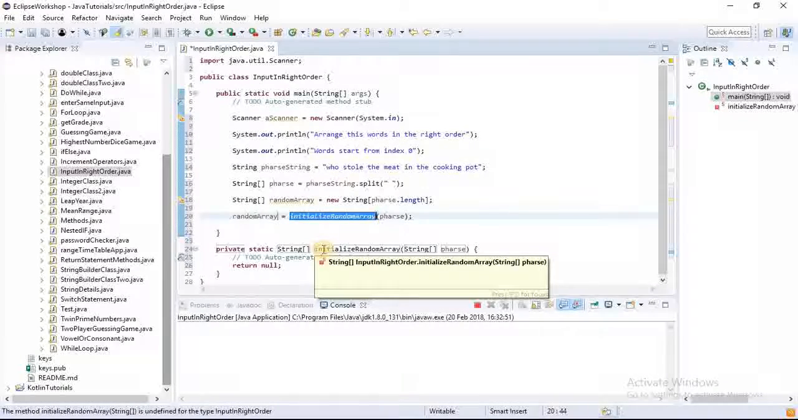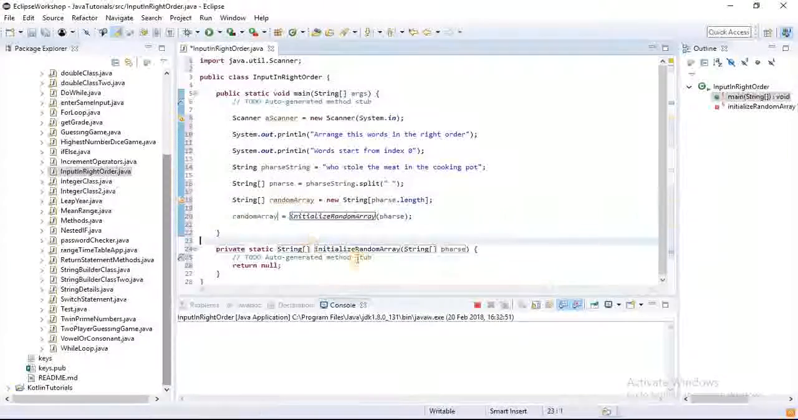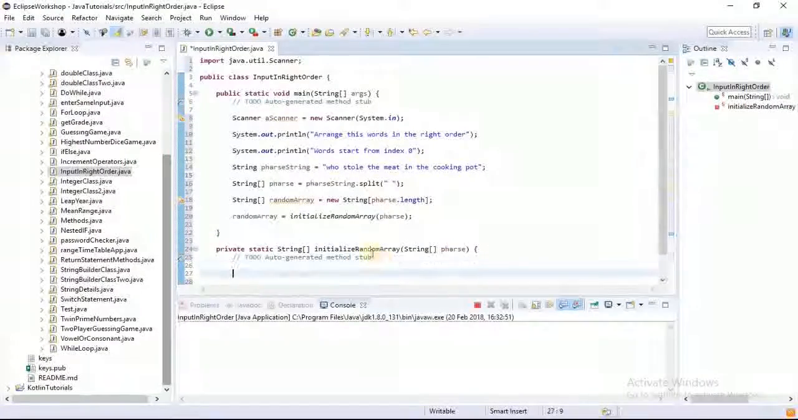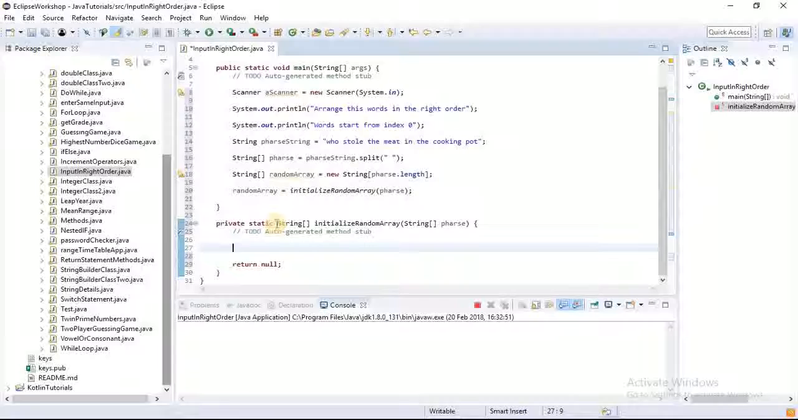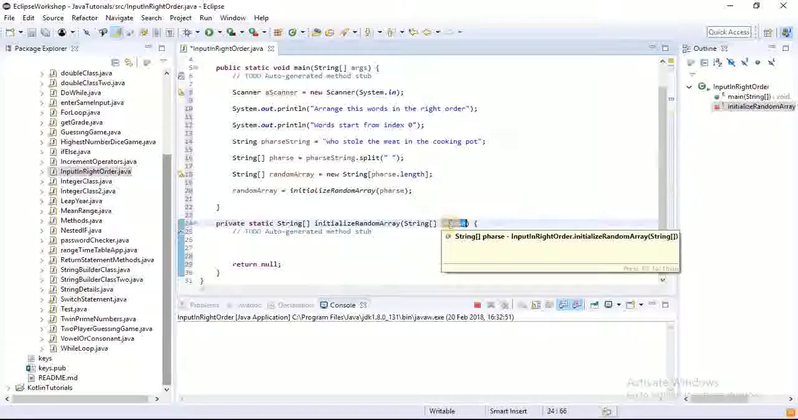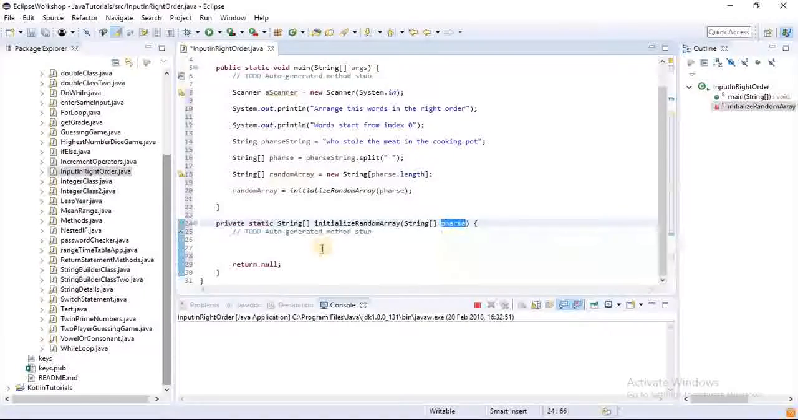So in creating that, the next thing we're going to have to do now is a random array. Firstly, let me just explain this and then we can go back. Apart from picking, we're going to have to come up with a logic that will make us pick every element in this phrase array without repeating the same element. So we wouldn't want to repeat who twice, we wouldn't want to repeat stole twice, we wouldn't want